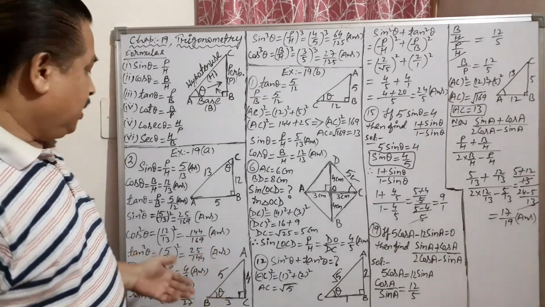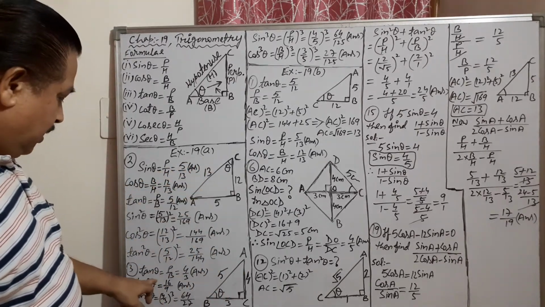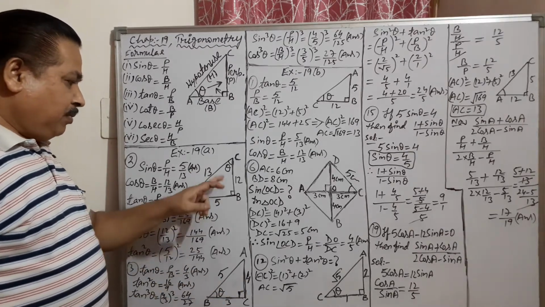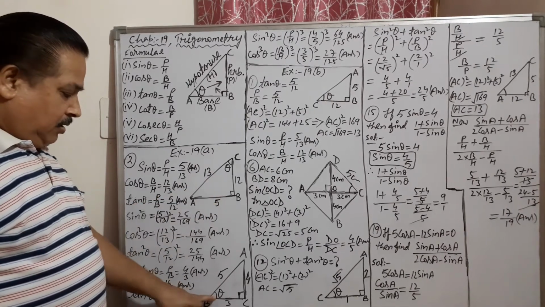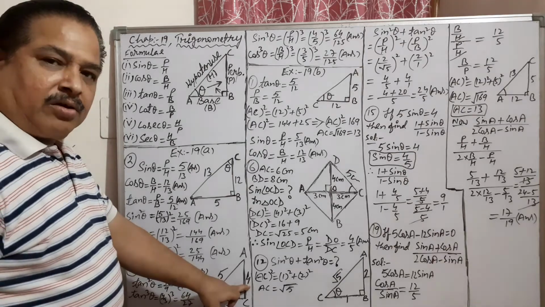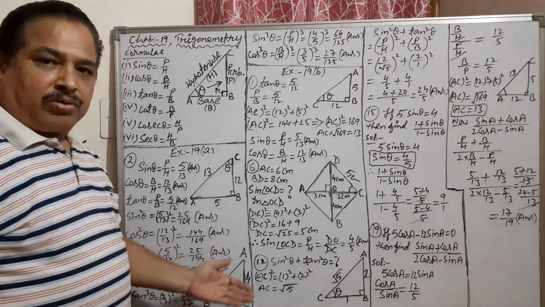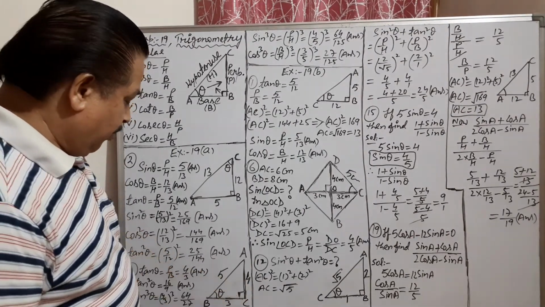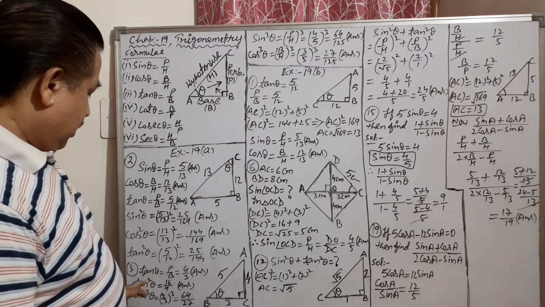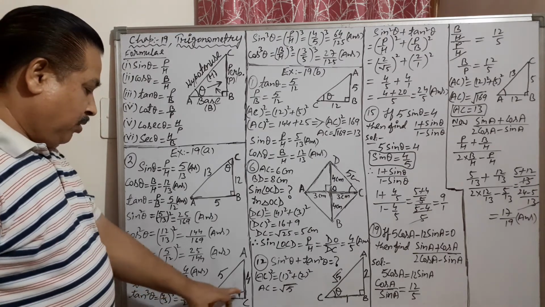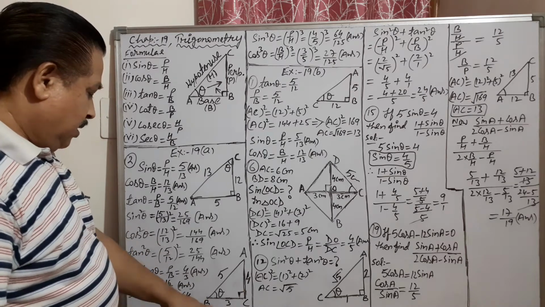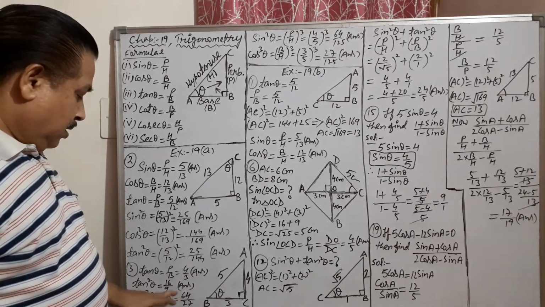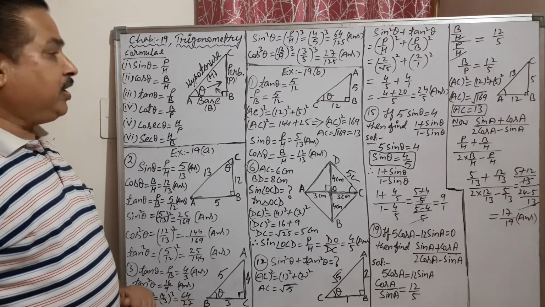Now see question number 3 in the same exercise 19a. This is the diagram. Again give the answers. Now this time theta is given here, not here. See here. So theta opposite side is perpendicular. So first of all, check the theta opposite side. The theta opposite side will always be perpendicular. This is perpendicular. Now this is hypotenuse, and this will be base. So tan theta is perpendicular upon base, 4 by 3. And now tan square theta will be 4 by 3 whole square. Tan cube theta, 4 by 3 cube, 64 upon 27.